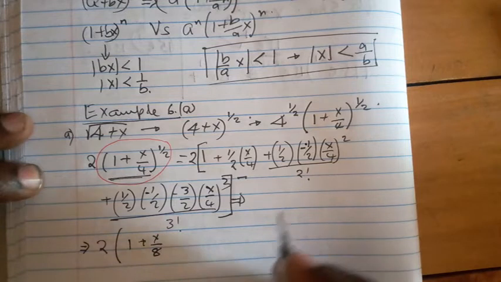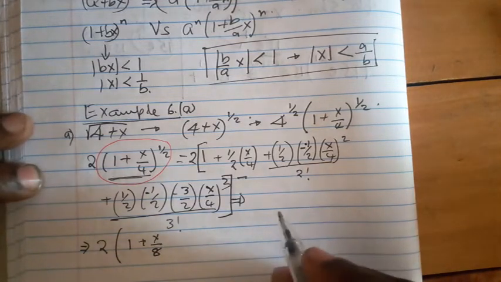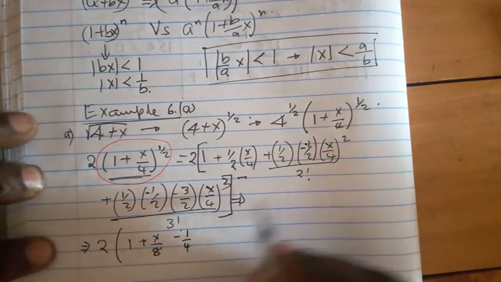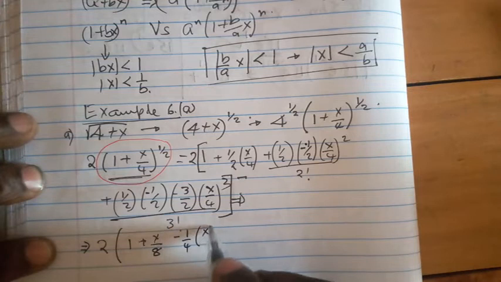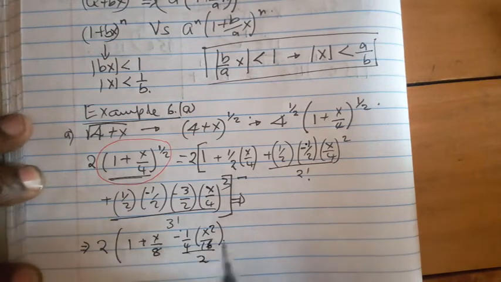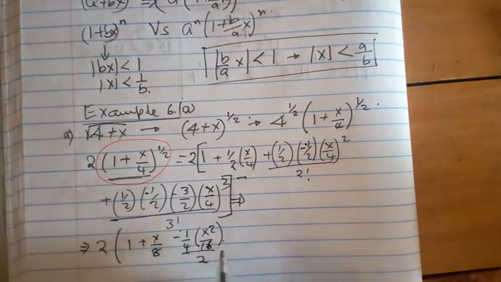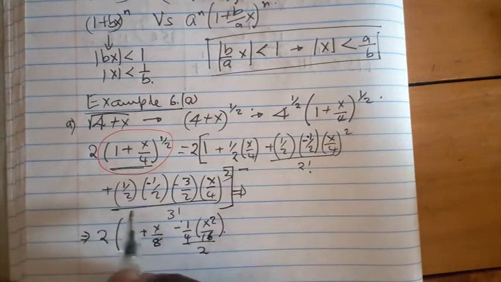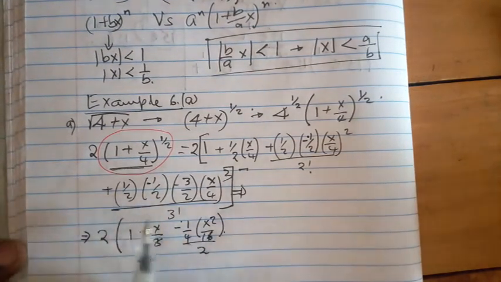We're going to have minus 1 over 4 x squared over 16, which is everything over 2. Let us simplify that part. But before we simplify that part, probably we can go to the fourth term, which is going to be